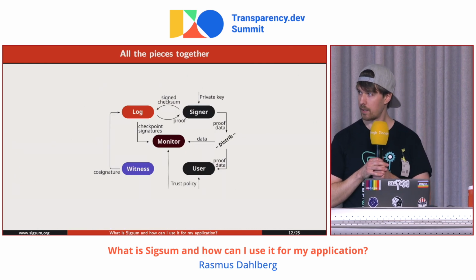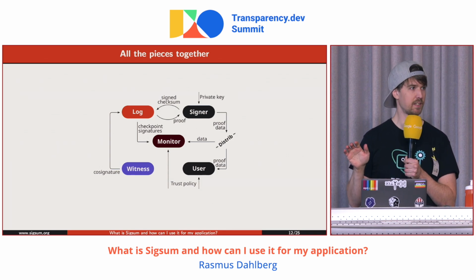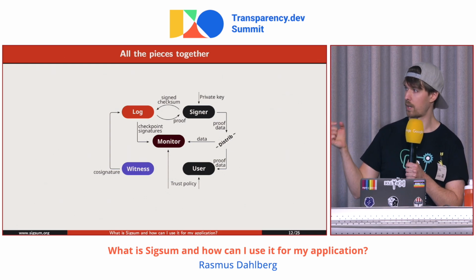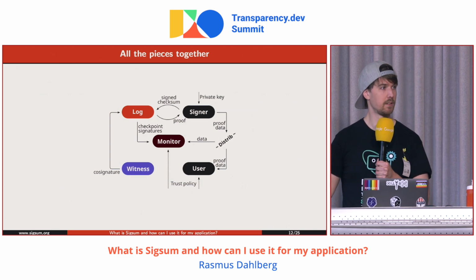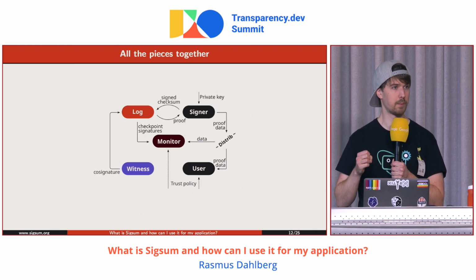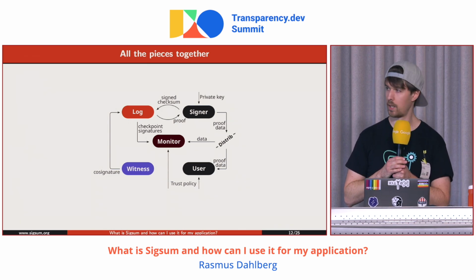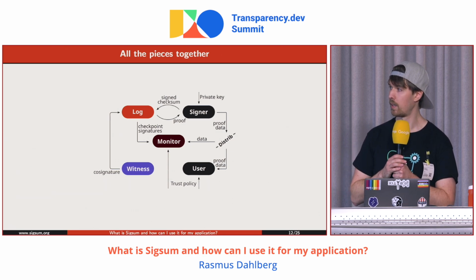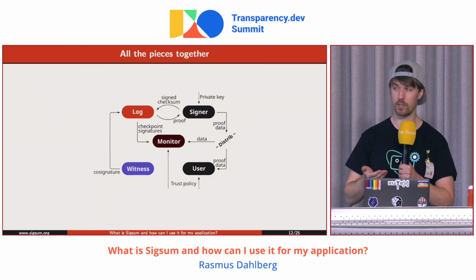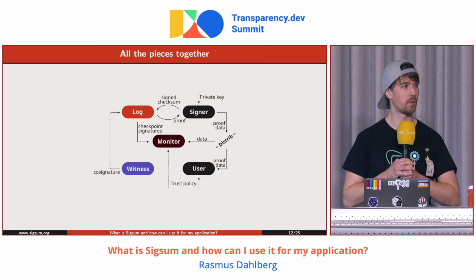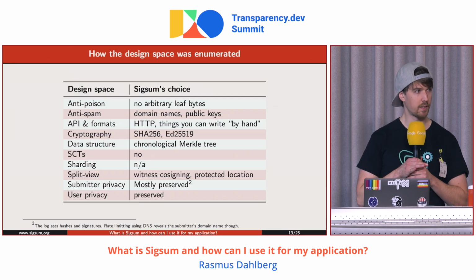So putting all of this together, on the right, we still have the signer, the user, and the distribution mechanism. The only thing that changed is that instead of having the signature, we now have the proof, and instead of having just a public key, we have a trust policy. We have the monitor in the middle, which is able to pull all of the signatures and be convinced that it's getting all of the signatures that this user is going to accept as valid, because it's failing closed on this trust policy. And then we have the witnesses here to solve the split view problems, and the witnesses to solve the freshness. And then, of course, the log, which is just storing those signed checksums. So coming back to this table,